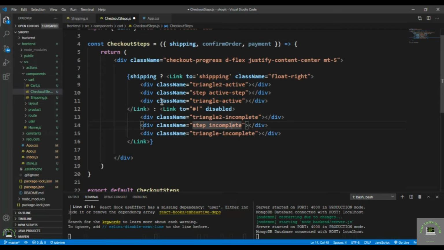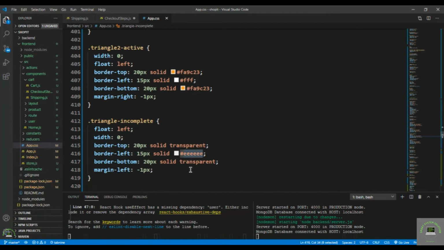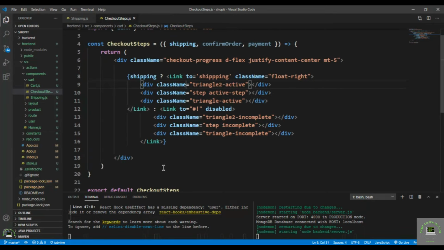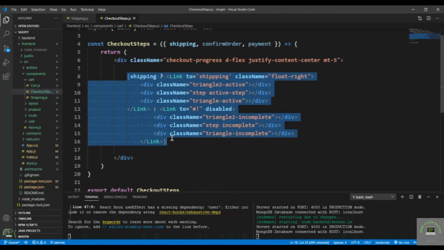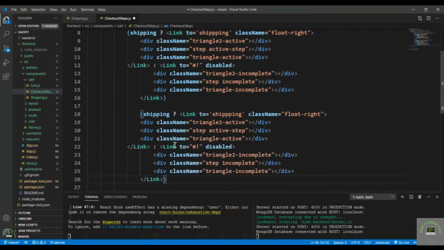And then if we are not on shipping page, then we have to use incomplete on all these three. So incomplete will basically make it gray, this color. Okay, so light gray. So these are the CSS classes. These are not very complex things. If I simply save it, and now let's actually copy this one. So Control C, put it here,